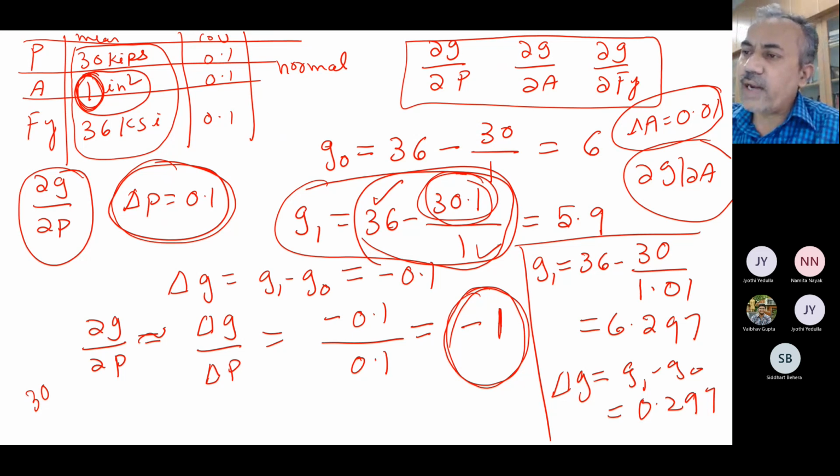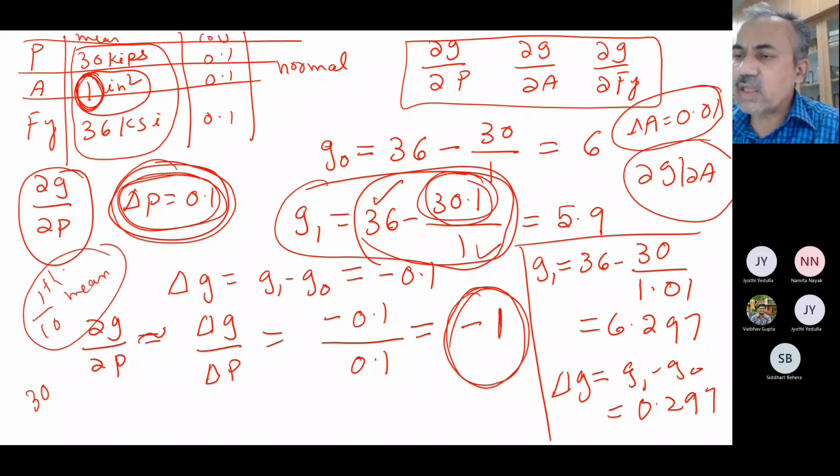Simple, but the only guideline you have to follow is, what's the main guideline? How much you have to take that perturbation. The guideline is just 1/10 of the mean value or something like that, or maybe 1/20. You can make it as small as you like, and you can verify whether it is converging. So you have to do a lot of tests. Okay, so this is how we can do it by finite difference.